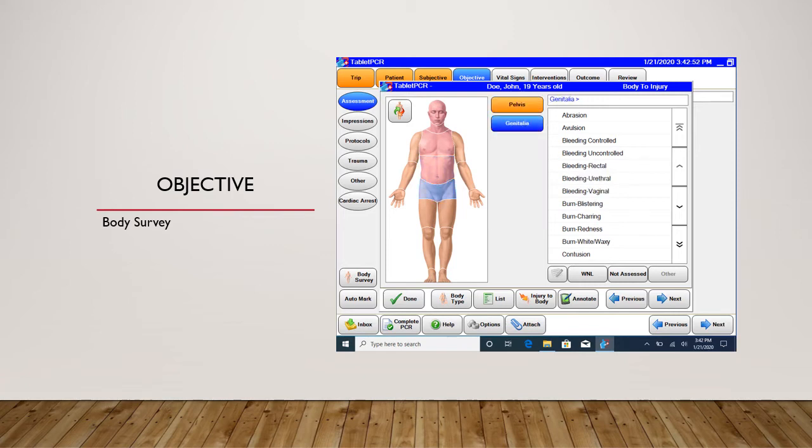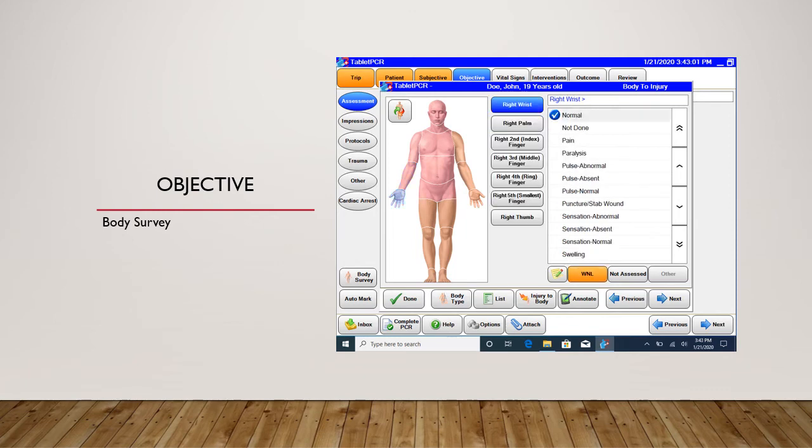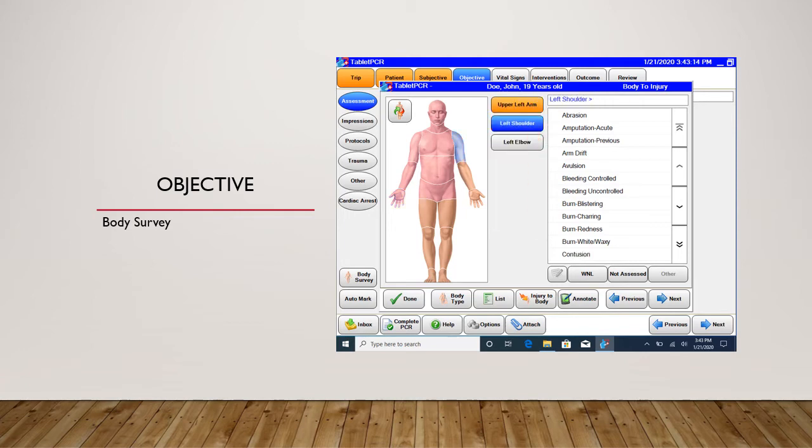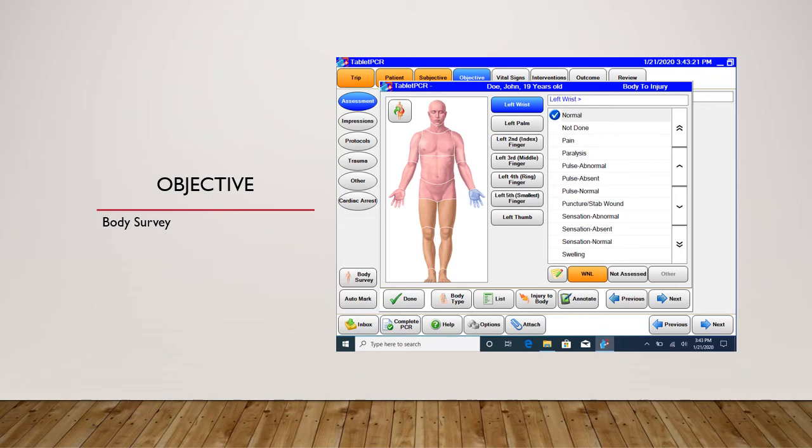Pelvis, genitalia, upper right arm, right shoulder, right elbow, right forearm, right wrist, right palm, and then all your fingers, upper left arm, shoulder, elbow, forearm, wrist, palm, all your upper right leg,